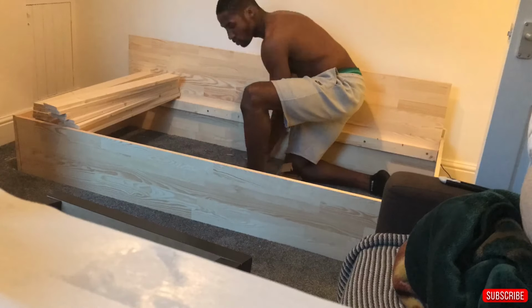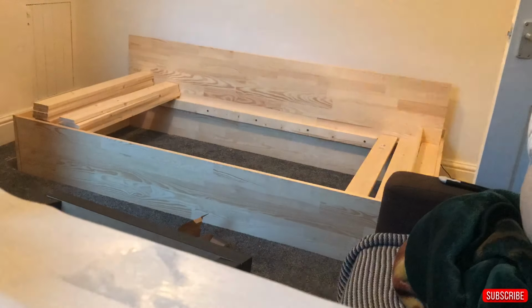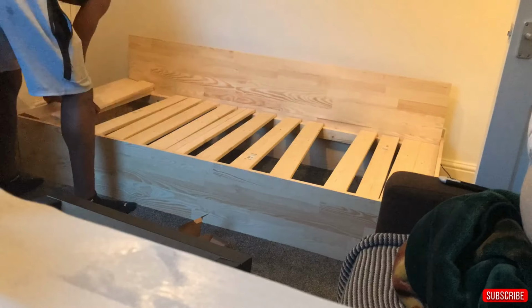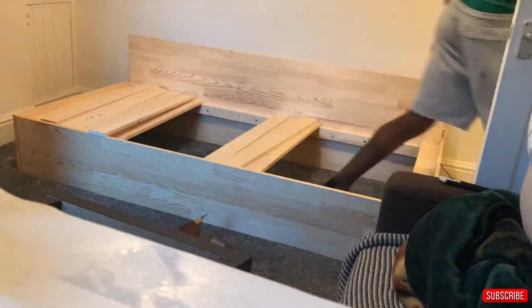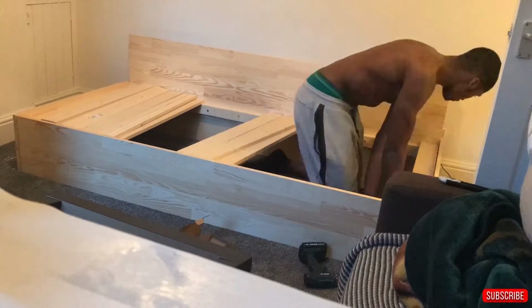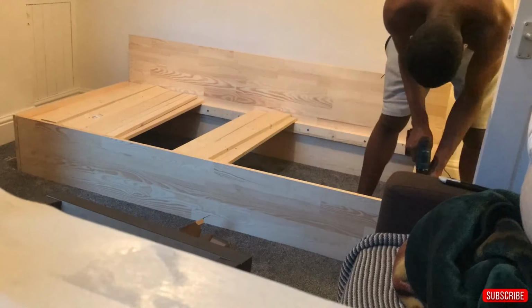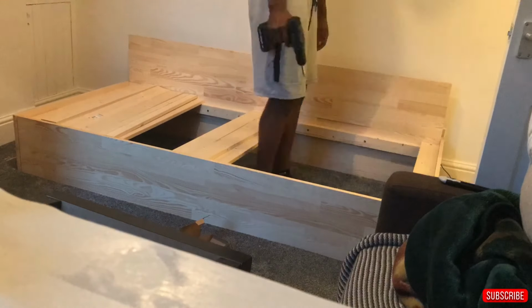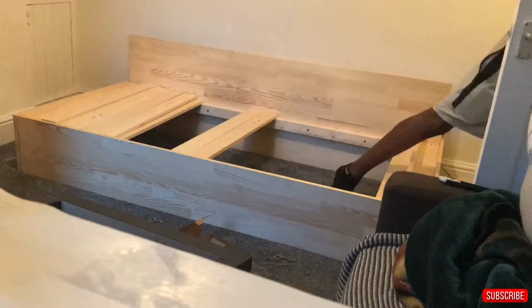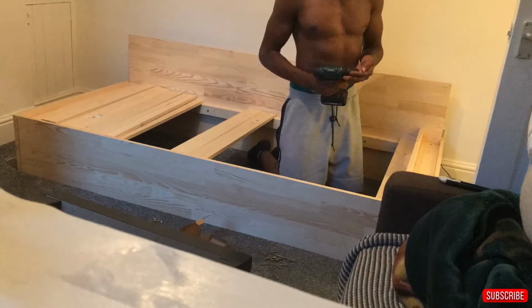Okay, here, so I've cut all the slats up, and I'm about to go ahead and spread them out just to see my gap pins. What I did, I used the 1 by 1 of the gap of the slat to measure the gap. So I used each slat to help place the other, as you can see. So I've put in the first slat, which is obviously right up close to the end. Good. So I've used another slat to measure the 1 by 1 gap, and then